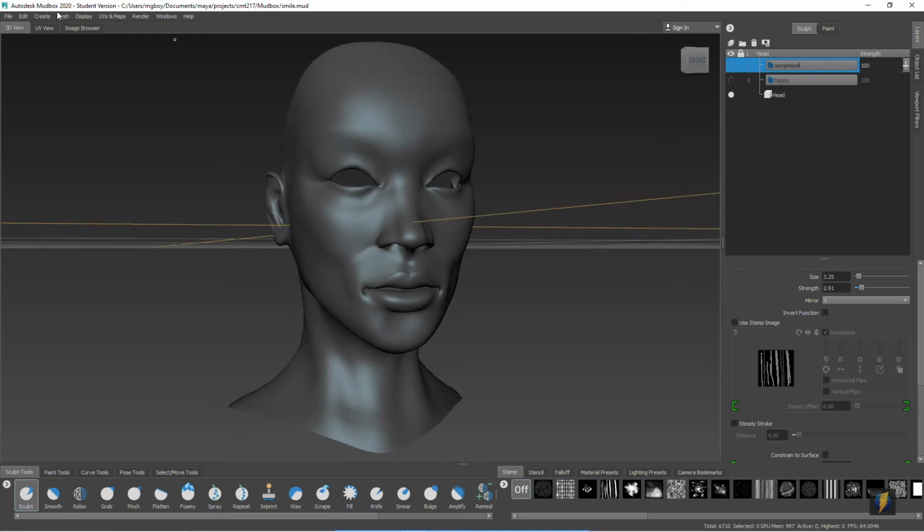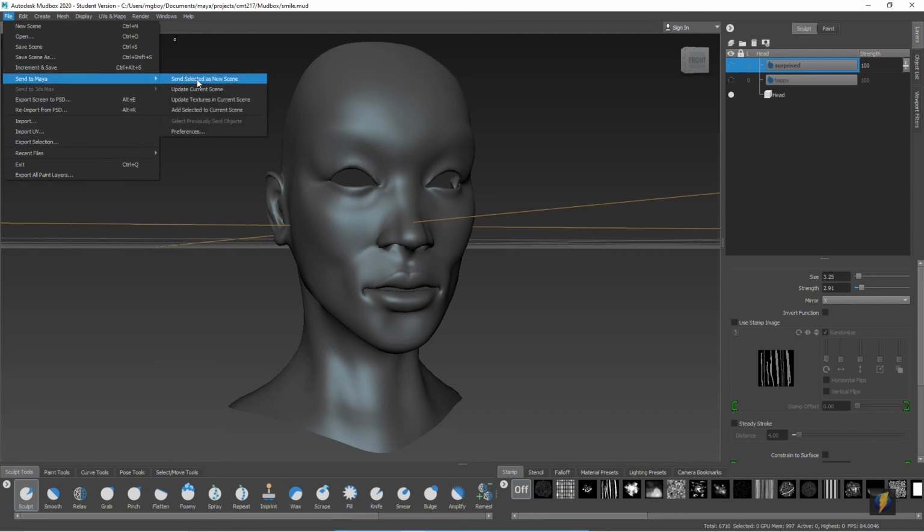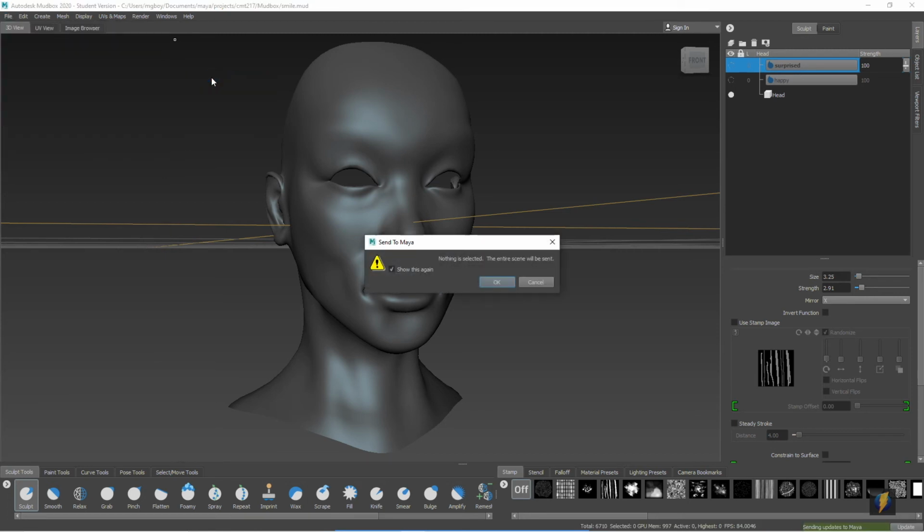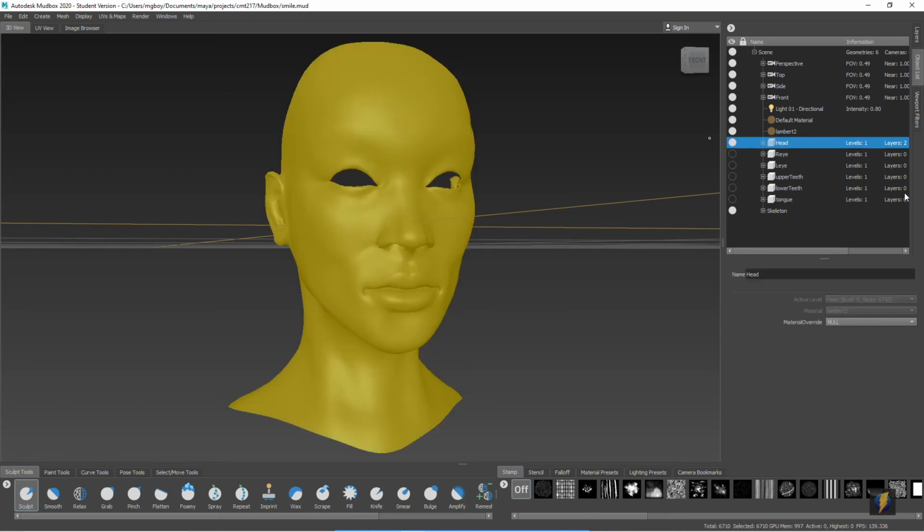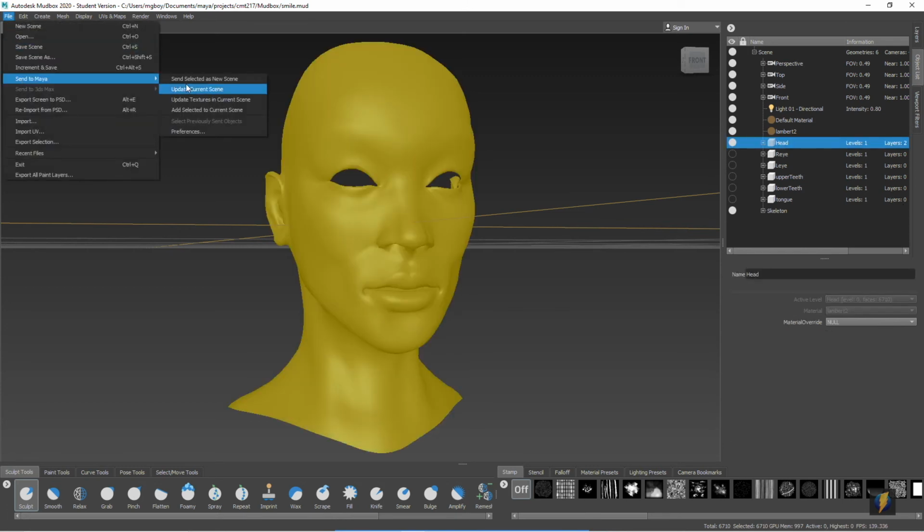And notice that if we go to File, Send to Maya, Send selected as new scene, we'll get this message here saying nothing is selected. The entire scene will be sent. I actually don't want to send the entire scene, so I'm going to cancel that. And I'll go to my object list and select the head. Now, if I go to File, Send to Maya, Send selected as new scene,